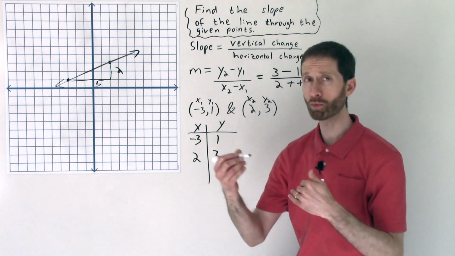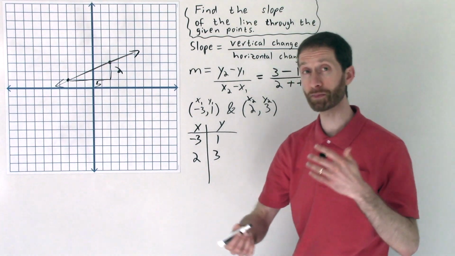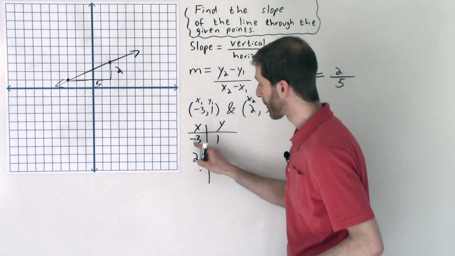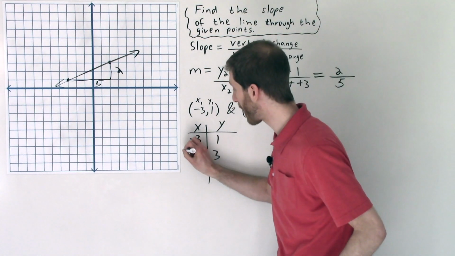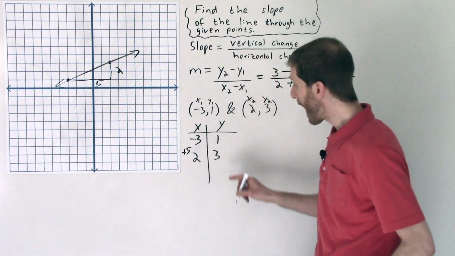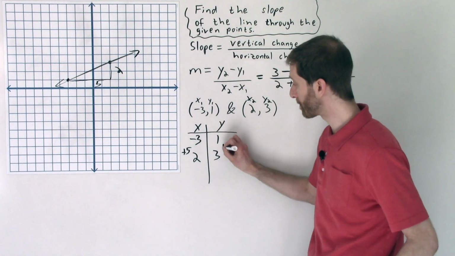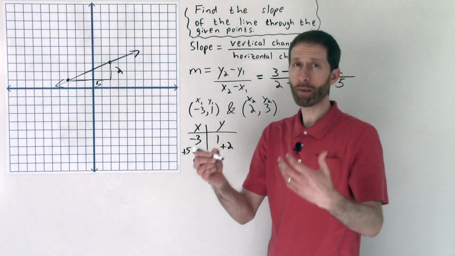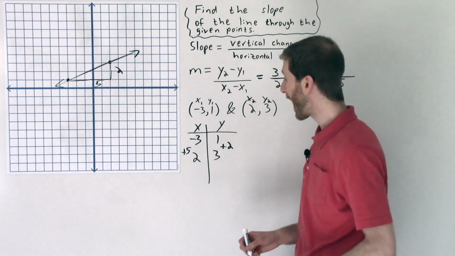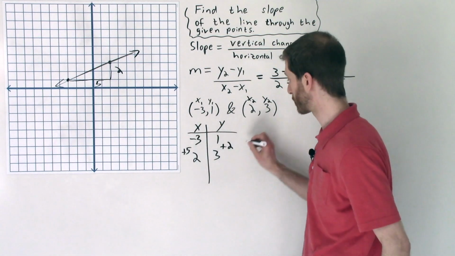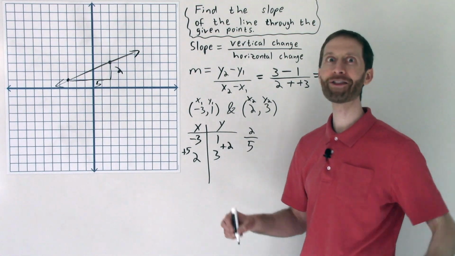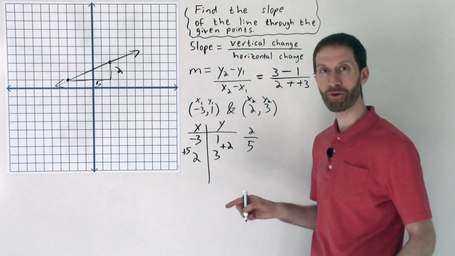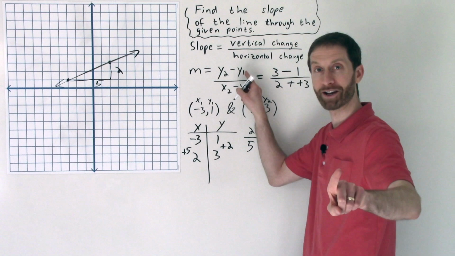And if you take a look at the rate of change, remember we look at the differences between the x's and the y's. So the difference from negative 3 to 2, or the amount that we change, is up 5. And the change from 1 to 3 is up 2. And then if you remember, the rate of change is comparing how y changes as x changes. Well, that would be up 2 over 5. Oh, and that's slope, that's rise over run,